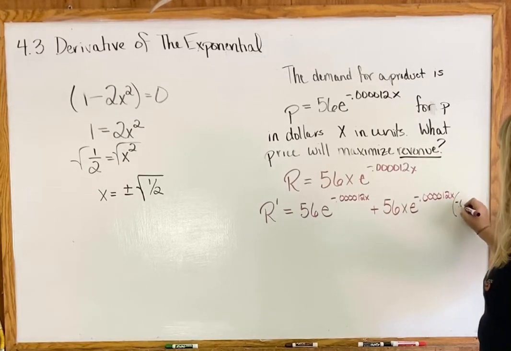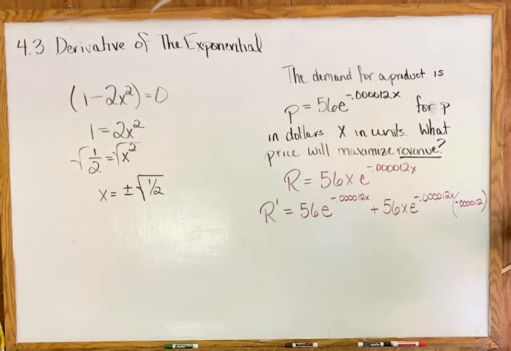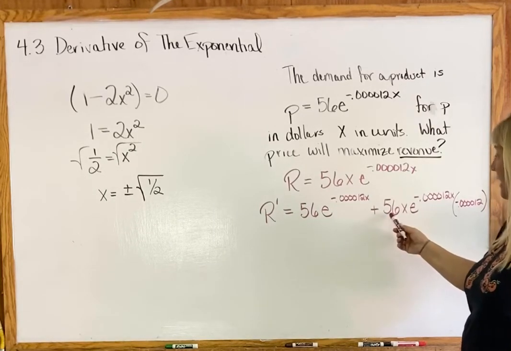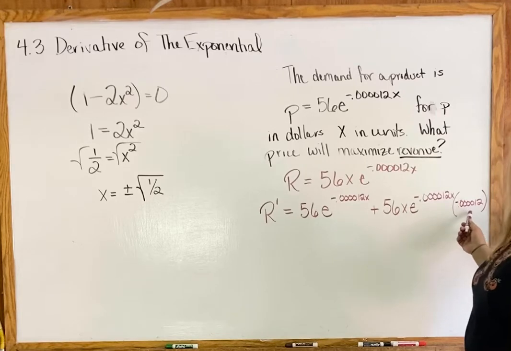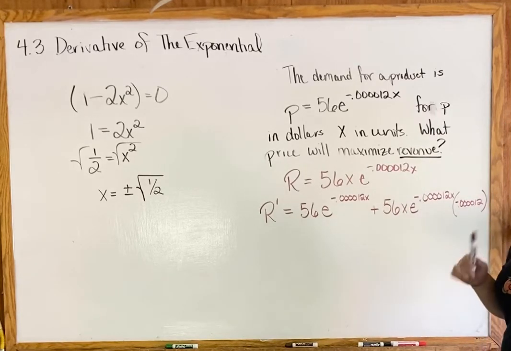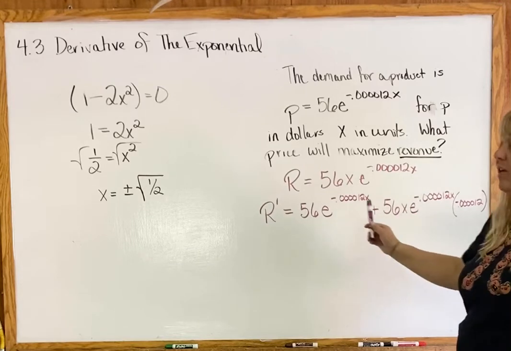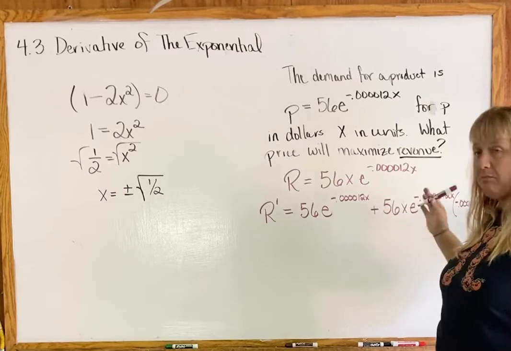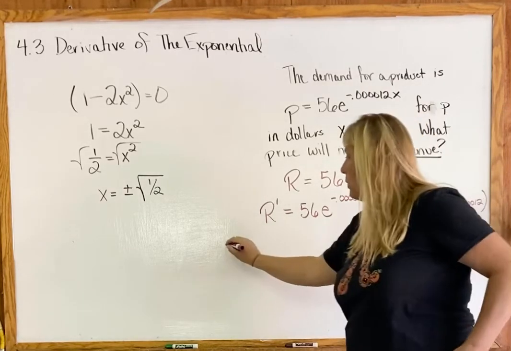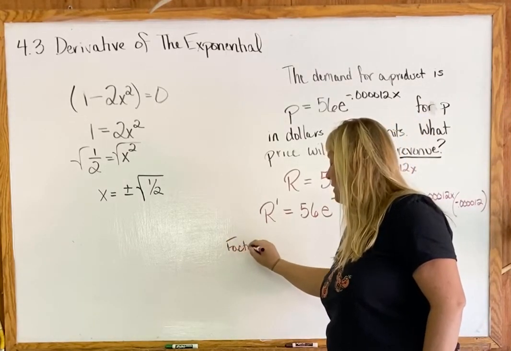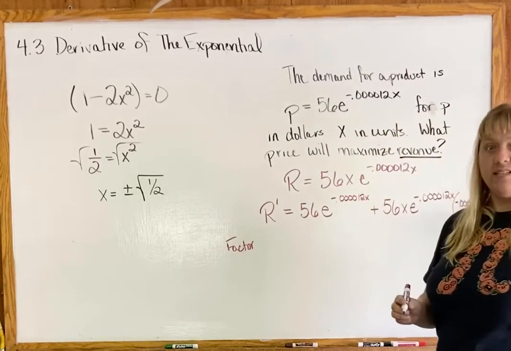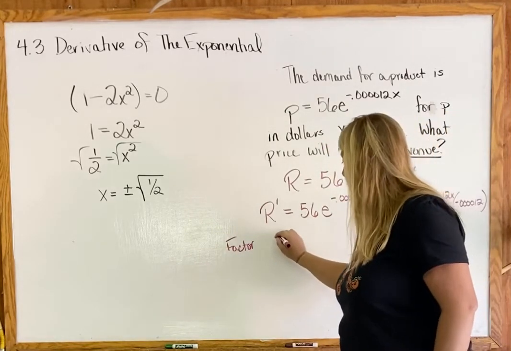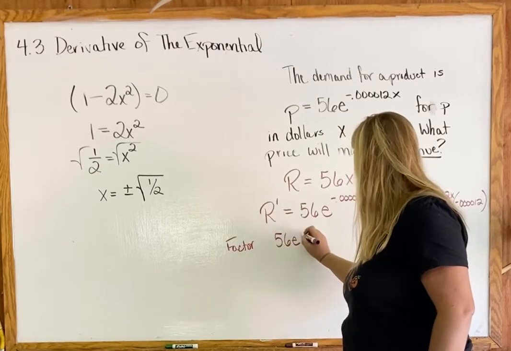So negative 0.000012. Now, at this point, if we wanted, we could multiply 56x times this teeny little decimal here. But thinking about what we did last time, what we should be thinking is factoring out. So we want to get rid of this e part of it, so we're going to factor out. So when we go to factor, in the form it's in right now, they both have a 56 in common, don't they? So we can factor out 56 e to the negative